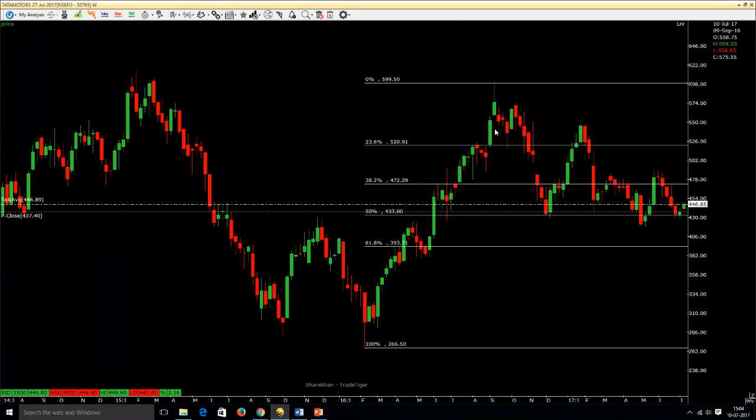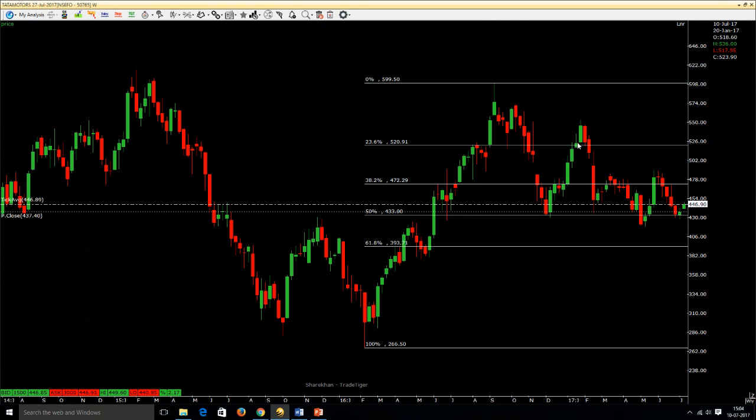As I click here, you see Tata Motors got a peak at 600, and then from there it retraces. It breaks the 23.6% retracement level, but it got support at the 50% retracement level. So that would be actually the targets of your support and resistance. And then from here, it reverses